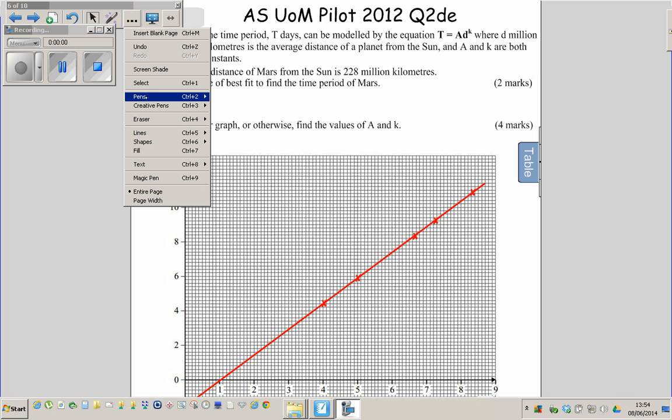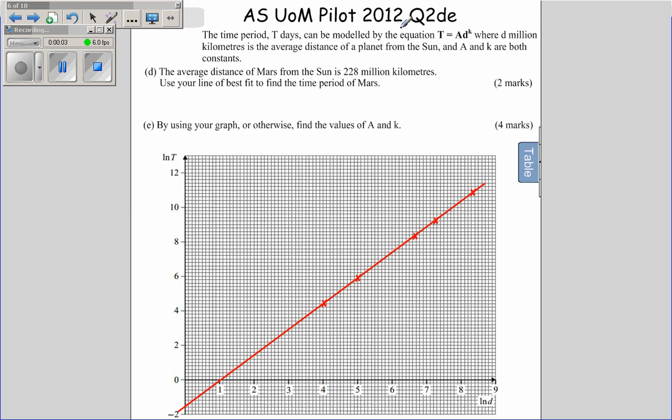This part of the question from the pilot 2012 asks us to use our line of best fit to find the time period of Mars, given that Mars is an average distance of 228 million kilometers from the Sun. So first thing we need to do is get the logarithm of 228, then we can look it up on the x-axis. So ln of 228 is approximately equal to